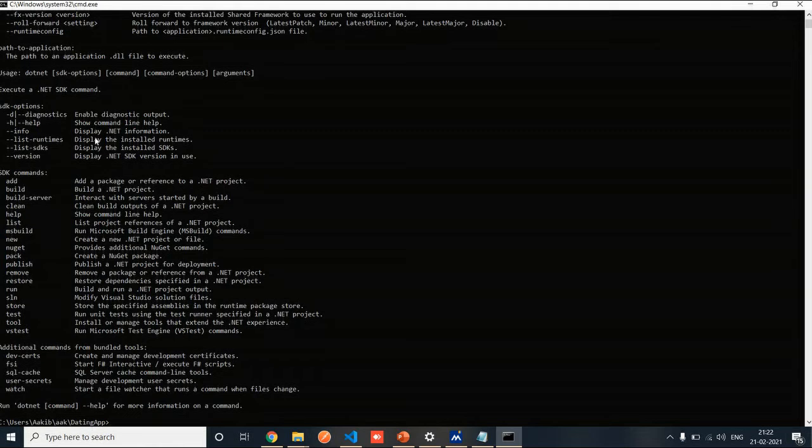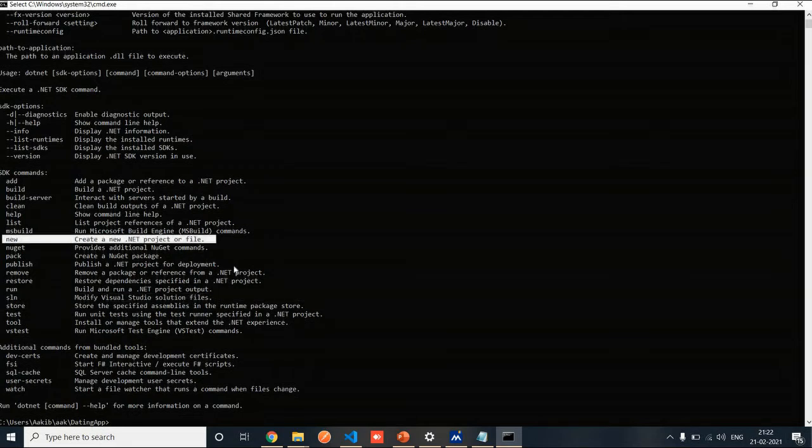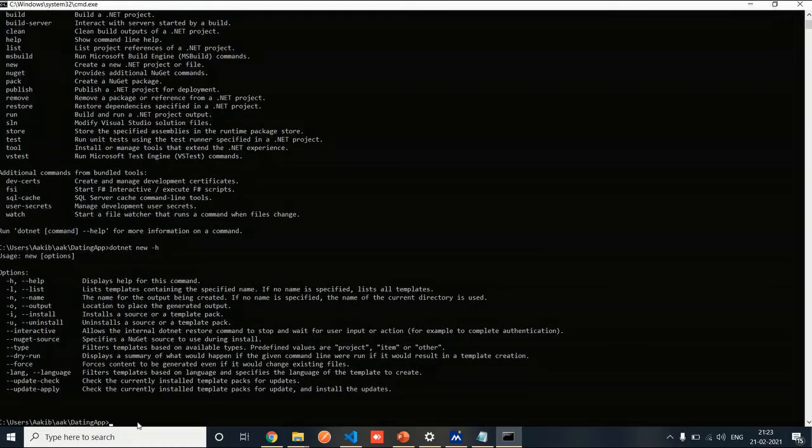Now we are going to create a project and a new solution for our application. So we are going to be making use of the dotnet new command, and we also make use of the solution command here to add our project to a solution when we create it. First of all we will go in and get more information about what we can do with the dotnet new command, and we can get contextual help by typing in the command we want to use followed by -h. Once this opens, we get a list of all the different templates that are available with the .NET 5 SDK.